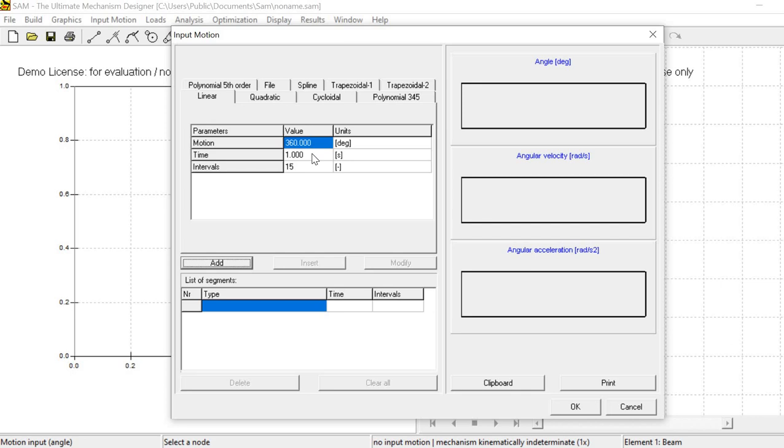What's the time interval we are going to have this? For example, we already knew the value of omega, so we can find the rotational period, the time period for having one rotation of that small link. How can we find that? We need the equation T equals 2 pi over omega, that the time period for one rotation would be equal to 2 pi over omega. So you need to find the value of that time period.